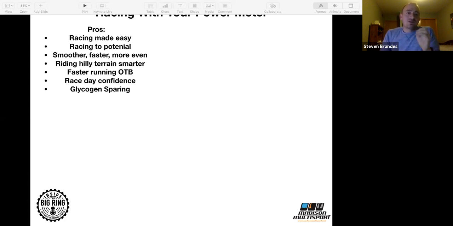Smoother and faster and more even. So let's just assume that many of these people are living in Wisconsin or are going to ride somewhere where it's hilly. So the Powermeter is amazing for, I'm sure many people have experienced this, and I hope somebody listening to this is not that person, but let's say that you're riding Wisconsin or Madison Half Ironman or any hilly race, and you have your target wattage.